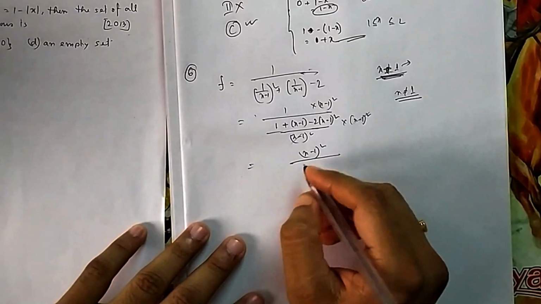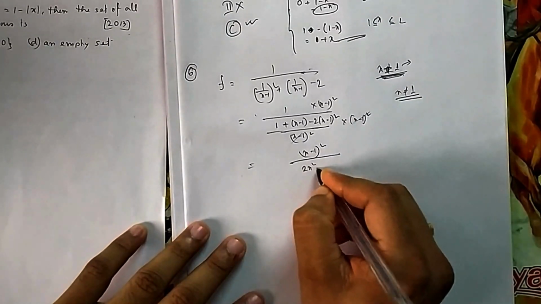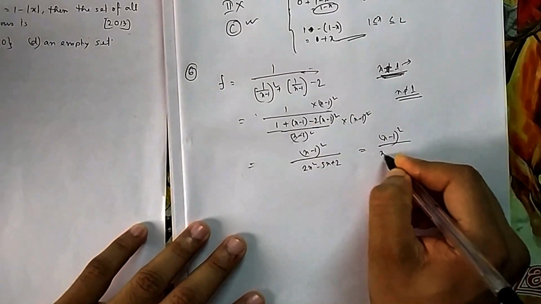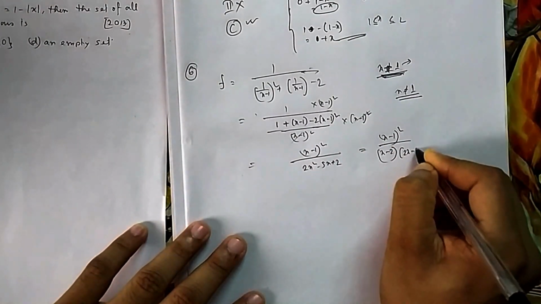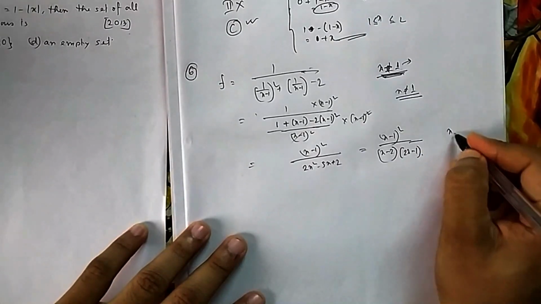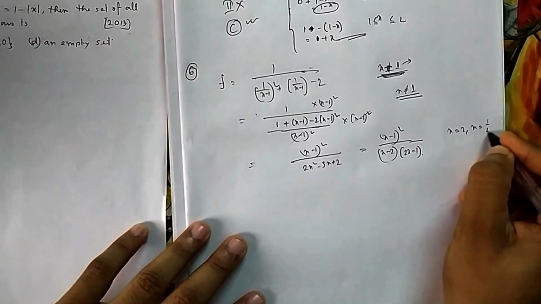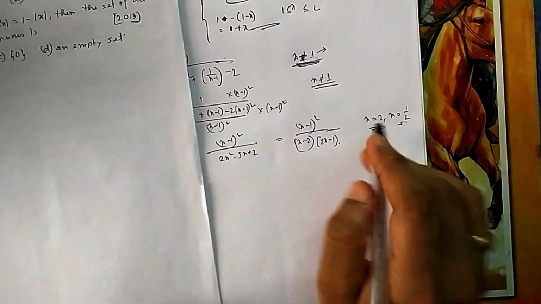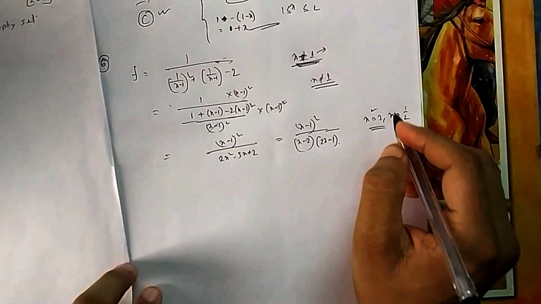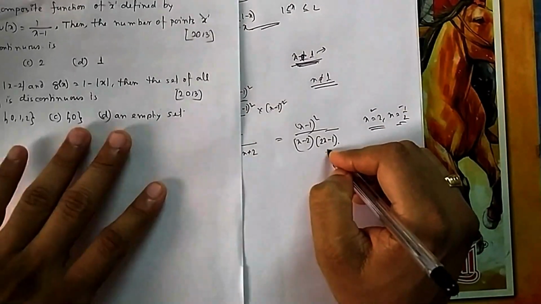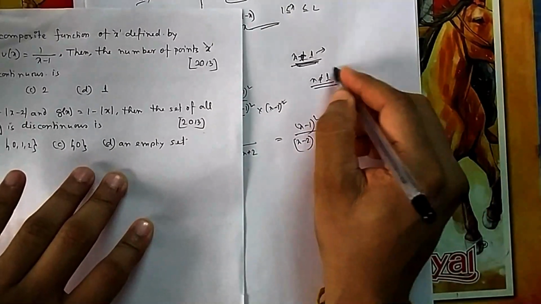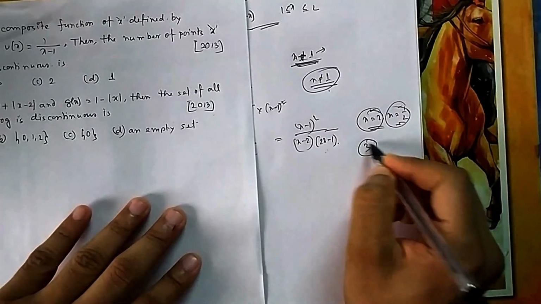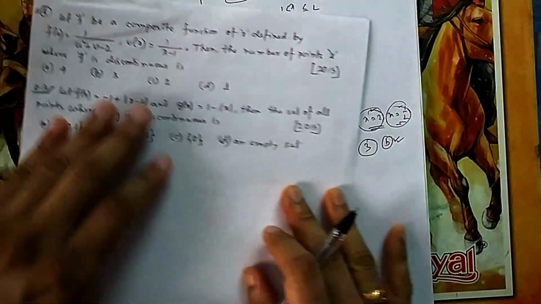So if you open it, you will get 2x square minus 5x plus 2. And if you factorize it, you will get 2 factors, one is x minus 2, one is 2x minus 1. So again it is not continuous at x equal to 2 and x equal to half, because at these points it is not continuous. You can remove it, that is a removable discontinuity, that is okay, but it is not continuous as it is mentioned now. So how many discontinuity points do you have? 1, because it is at the beginning, and at 2 and half, so there are 3 discontinuity points, that is your option B.